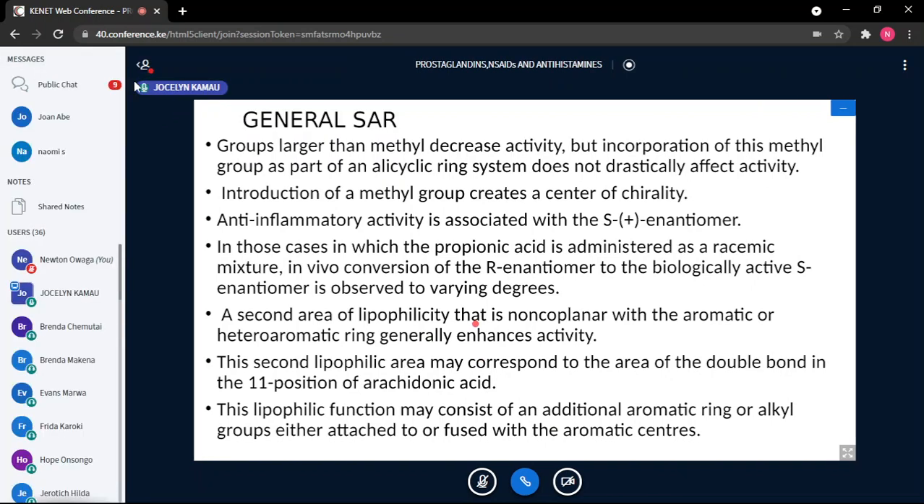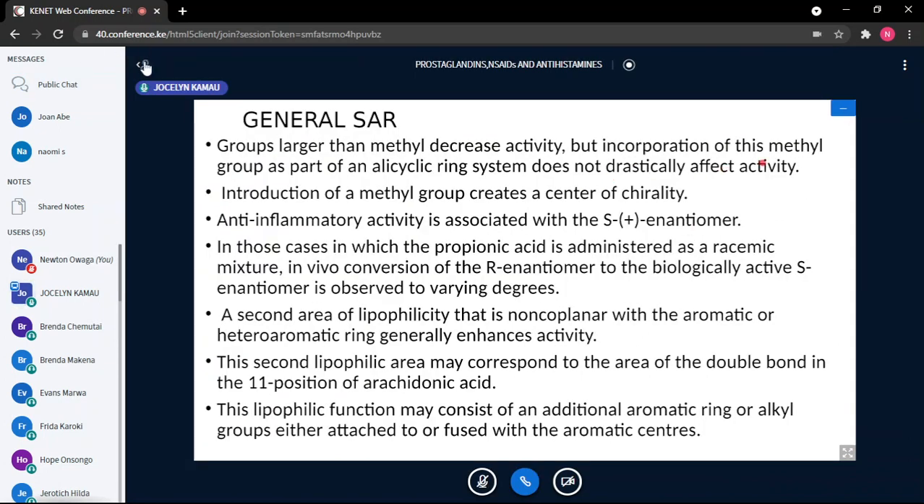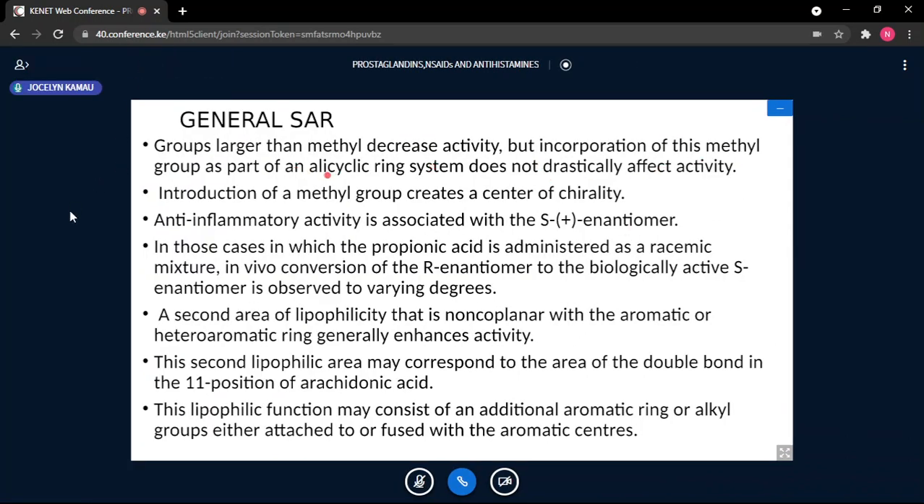And that is why quite a number of the propionic acid derivatives are quite popular, because they have much higher activity than the acetic acid derivatives. Groups larger than methyl decrease activity, but incorporation of this methyl group as part of a cyclic ring system does not drastically affect activity. All we are saying, if you look at